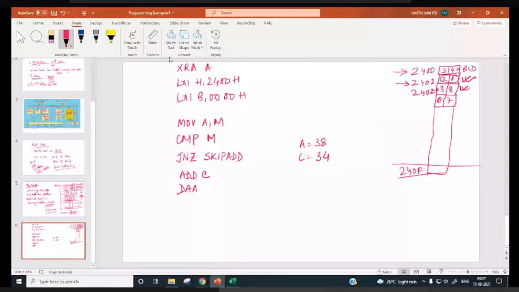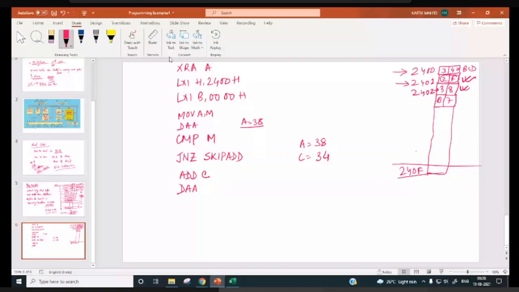Move A comma M, DAA, then only we have to compare, no? So A is not going to change after this. So now if you compare A with 38, 38 minus 38 will be done, right? And the result is not going to be stored back in the accumulator.